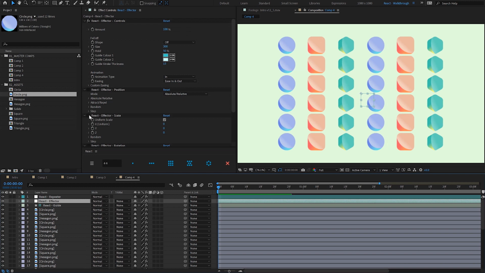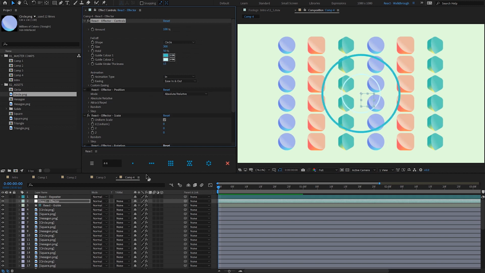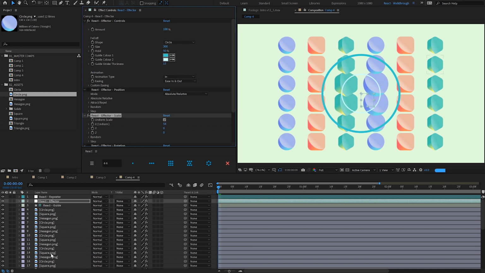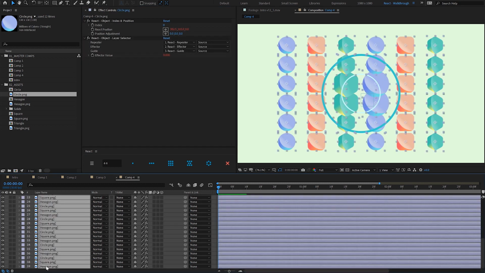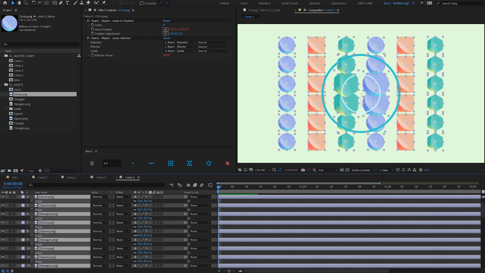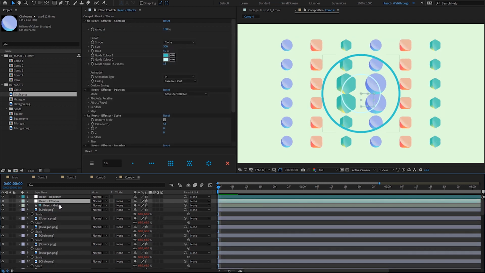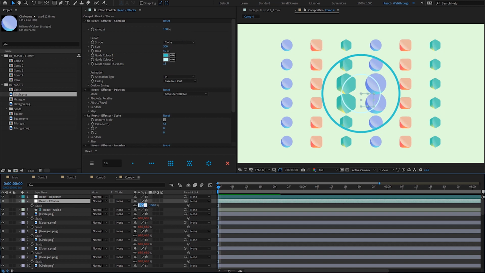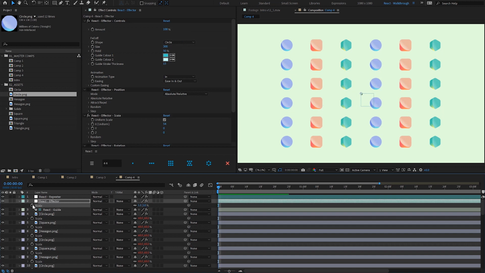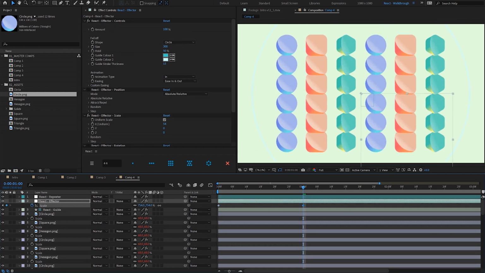And I want to do a ripple effect, so I'm going to turn on scale and falloff, and I'm going to increase the size of them. Let's just turn all of these down. So I'm going to animate my scale from 1 all the way up,